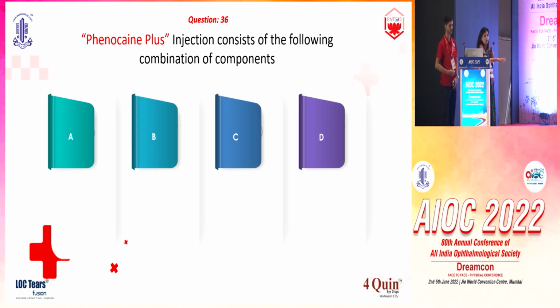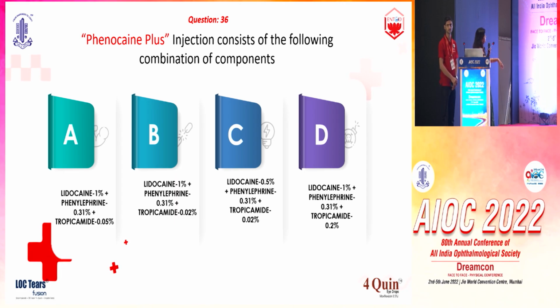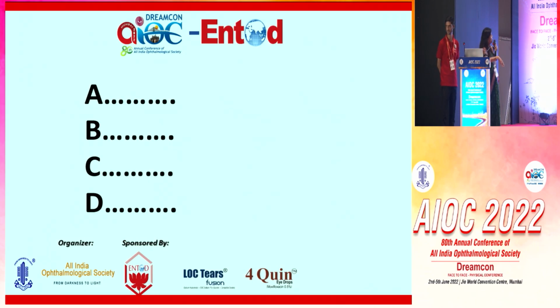Phenochrome plus. Now I think this should be 100% correct for everybody. Phenochrome plus injection consists of the following combination of components: lidocaine 1% with phenylephrine 0.3% plus tropicamide 0.05%; lidocaine 1% plus phenylephrine 0.3%, tropicamide 0.02%; lidocaine 0.5% plus phenylephrine 0.3% plus tropicamide 0.02%; or lidocaine 1% plus phenylephrine 0.3% plus tropicamide 0.2%. I hope none of the signboards of Entod have written the answer. So there are no signboards inside the hall, and the answer is